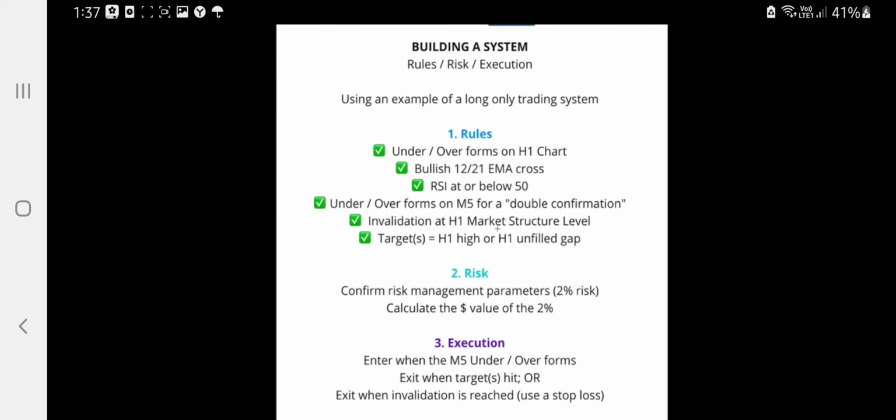So now we move on to risk. Now it's important to have this. I would have your system written, printed in front of you on your computer, whatever. The purpose of the risk part, it might sound simple: confirm risk management parameters, 2% risk. Calculate the dollar value of the 2%. You have to remind yourself of these things. Okay? I'm not saying you have to use 2% risk. Use whatever risk you feel comfortable with. I recommend that